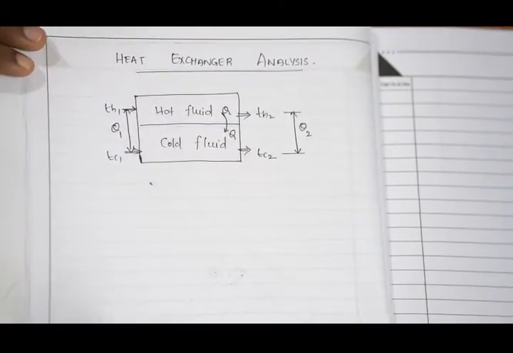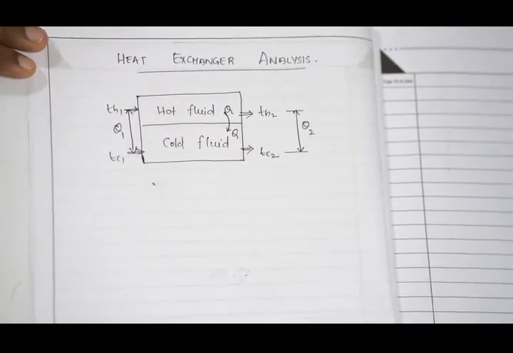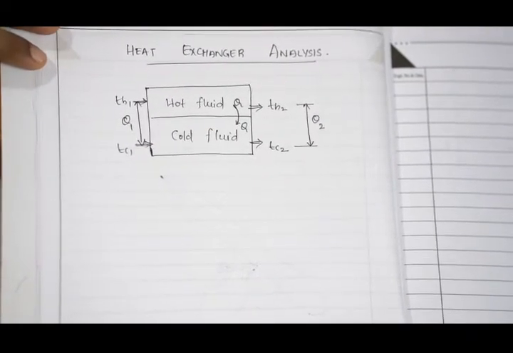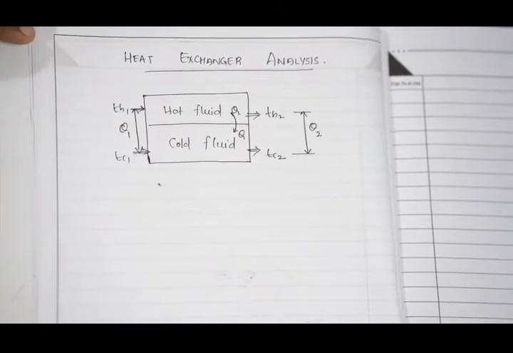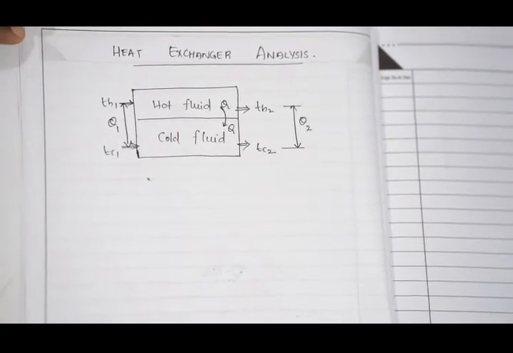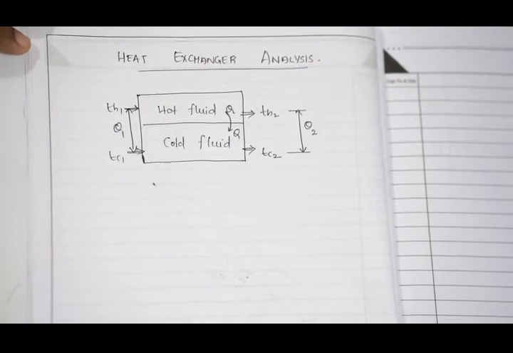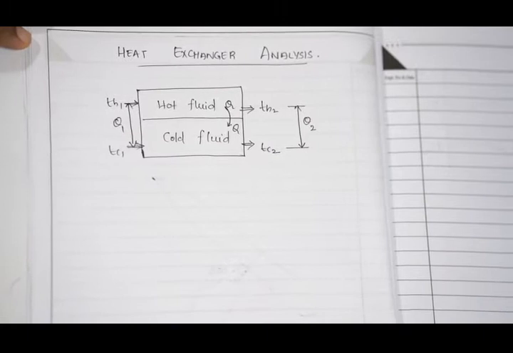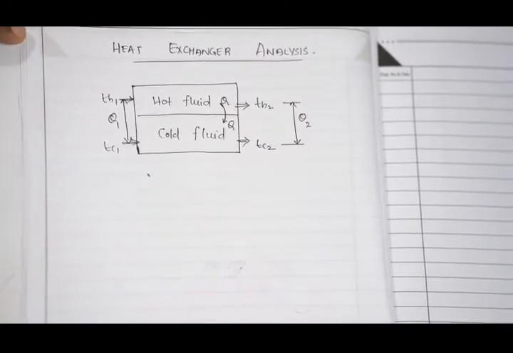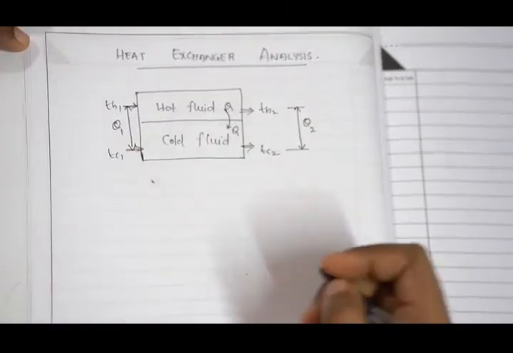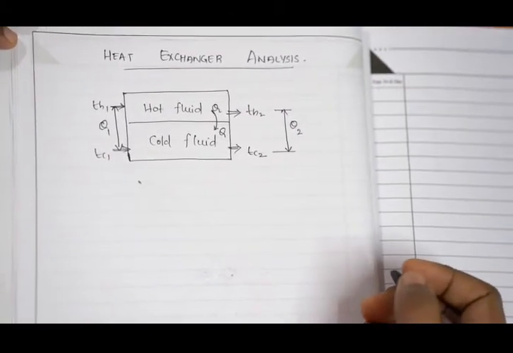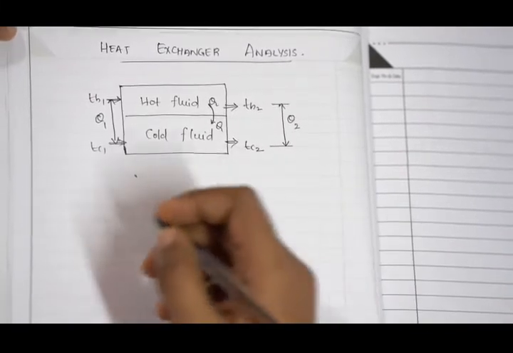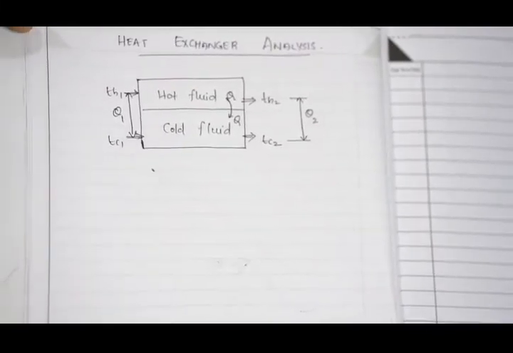Hi friends, today we are going to the second part of module 4, that is related to heat exchanger analysis. First of all, you need to understand some assumptions and considerations. So from this portion you need to study both the derivation as well as problems. For designing or predicting the performance of a heat exchanger, it is necessary that the total heat transfer may be related with its governing parameters.